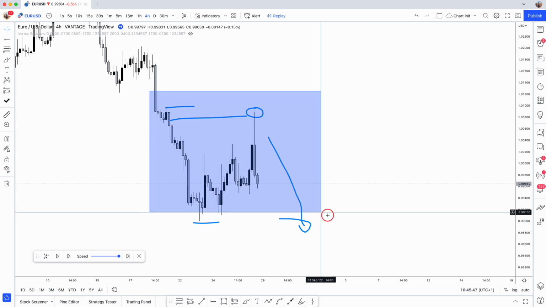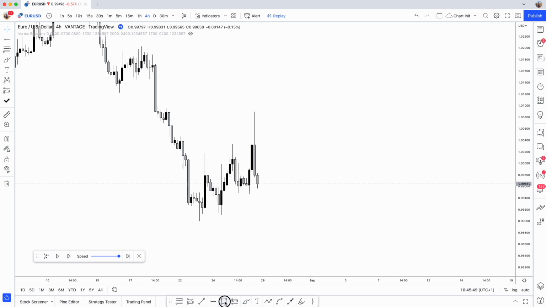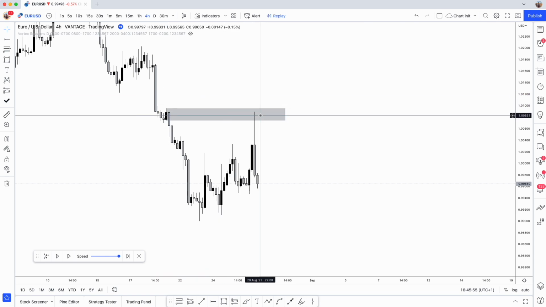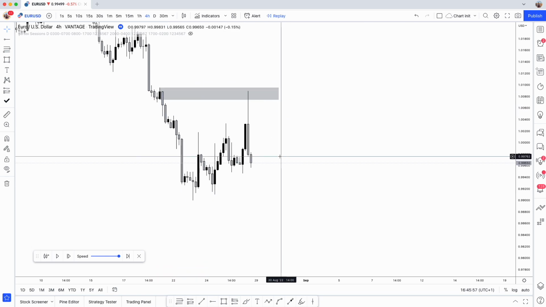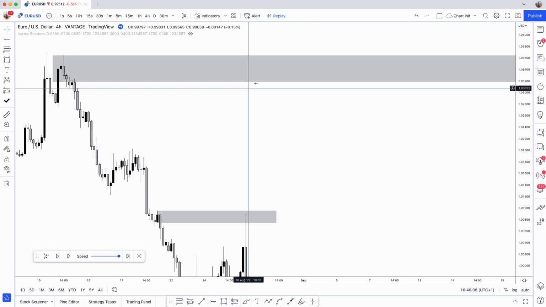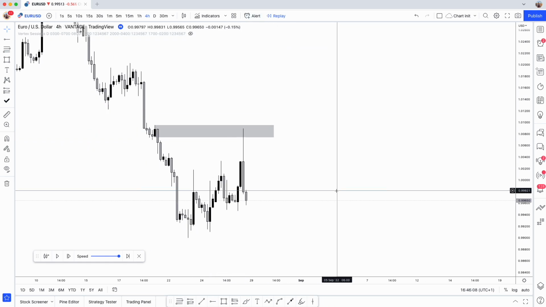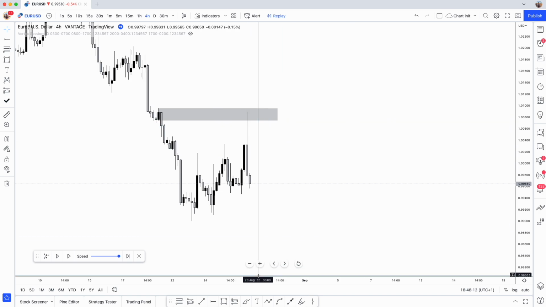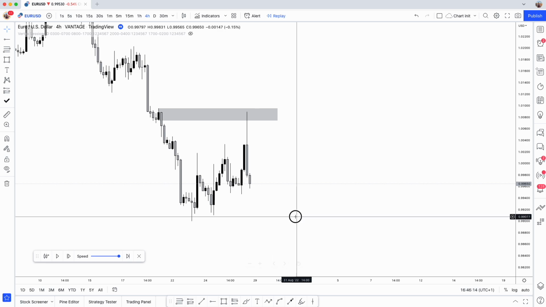So what I'm going to do is mark out this POI here. Now, just because we have missed that initial reaction on the 26th doesn't mean that we've missed the move, okay? It just means that we are following the reaction, because we can wait for days for this POI to be tapped. However, if we can see something on the intraday time frame, as long as we're sticking to our ranges, we can follow whatever range forms.